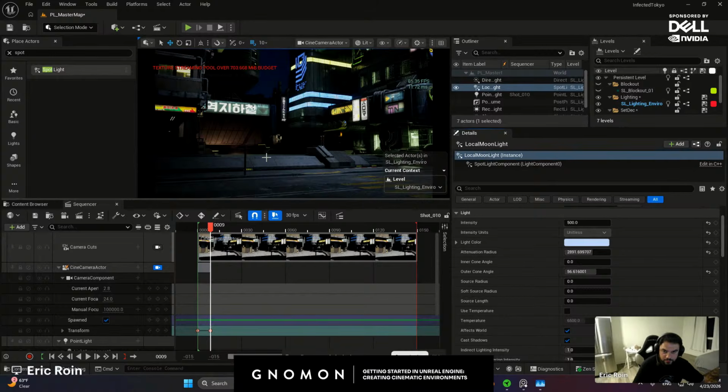A lot of the time, lighting gets skipped or pushed to the back, and it's really unfortunate, in my opinion. All right, so we got some more fill on that front building.